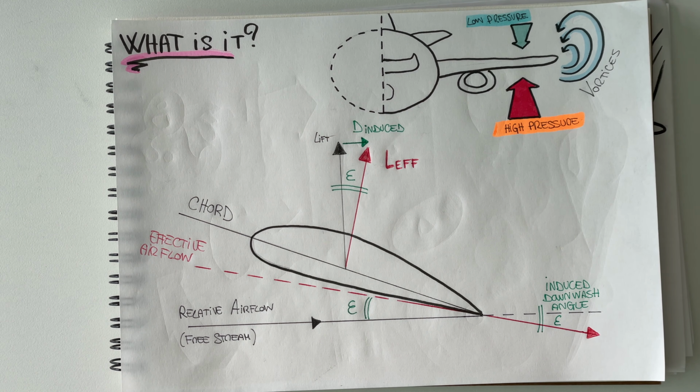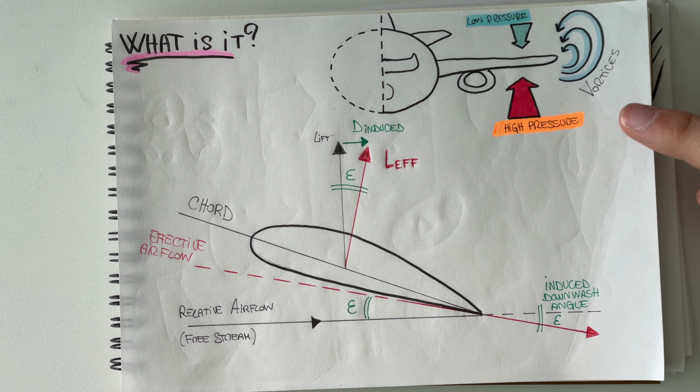Today we're going to talk about the ground effect in airplanes. And I'm going to show you what happens when we fly really close to the ground. Let's go. When an aircraft operates close to the ground, the presence of the surface alters the way the airflow